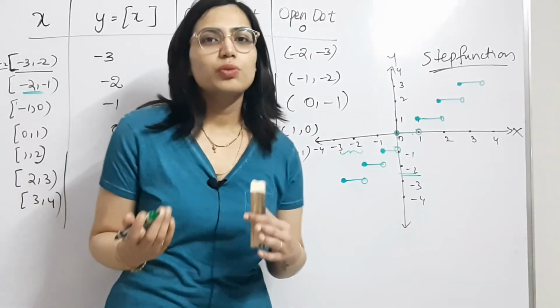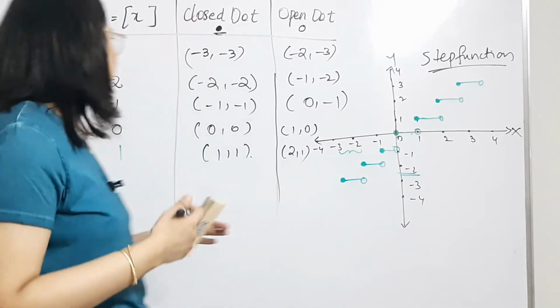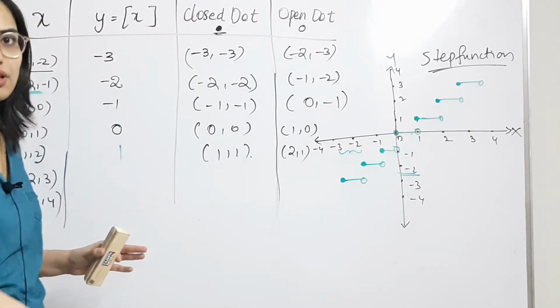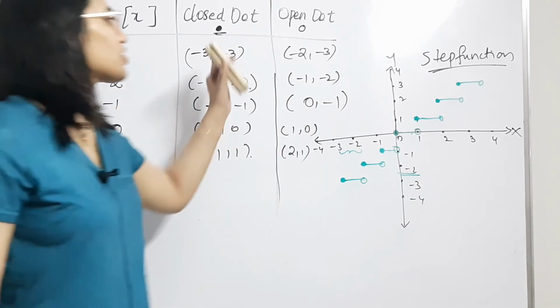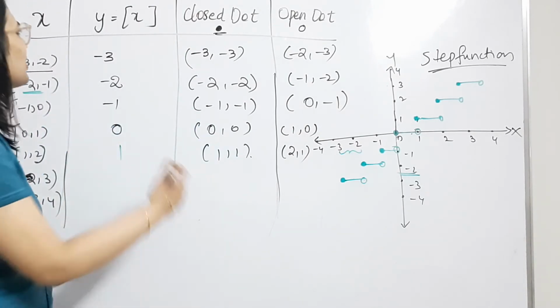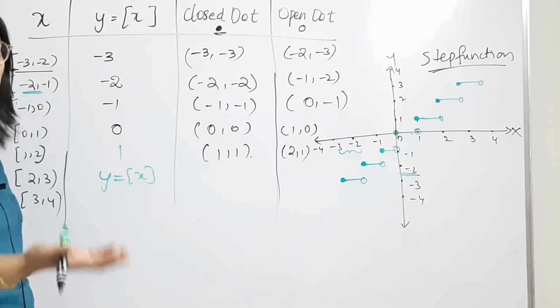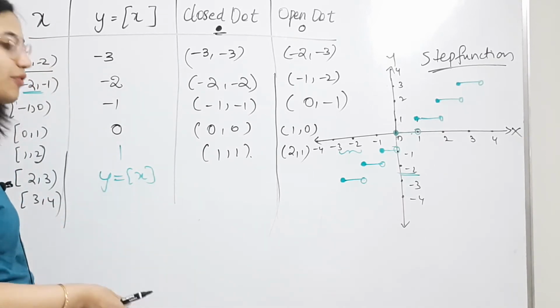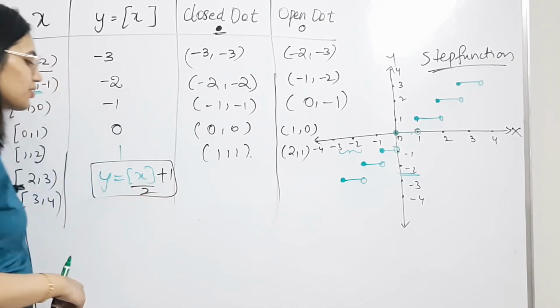So there are two ways in which you will be asked questions in your exam. One would be on this concept here. I have shown you how to draw this table, how to fill this table, and based on this table how to draw this graph. Right. So similarly, they'll ask you to plot the graph or give you the options, and they'll ask you what is the graph of this function or what is the graph of this function.